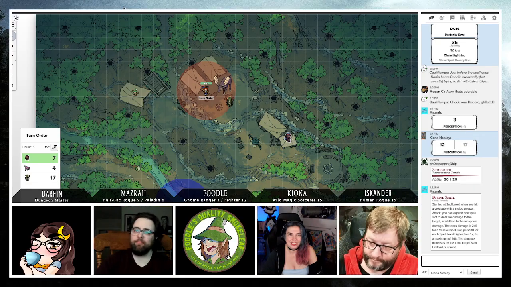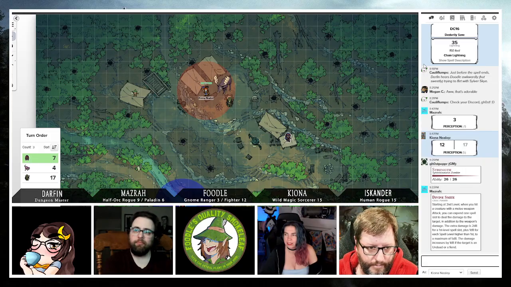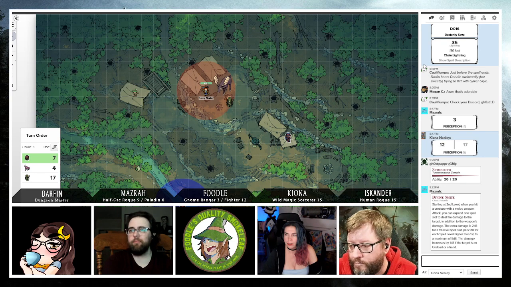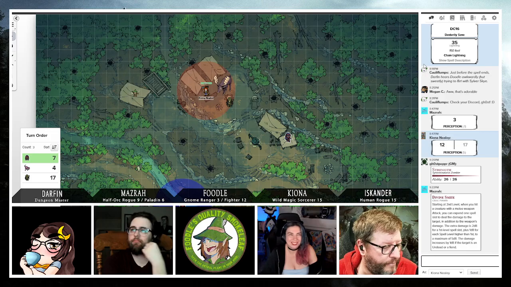Hang on. Let me re-roll the damage because I rolled it wrong. Sorry, I rolled a D10 the first time, which is wrong. But I did roll higher this time. So it's 11 slashing damage and 4 radiant damage. I did it right that time, I swear. Okay. And then,